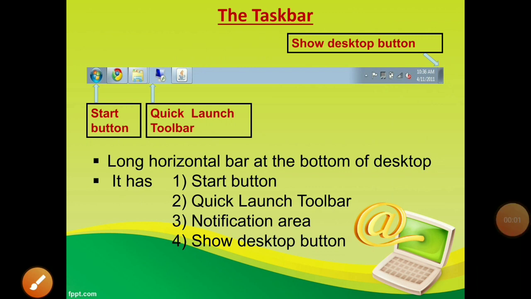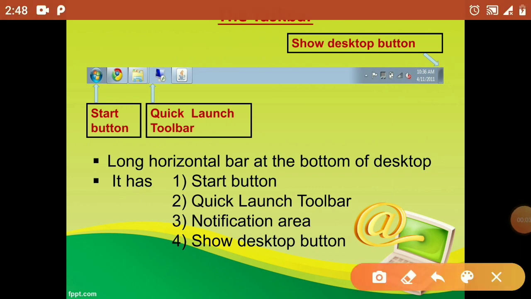Now, the second part is the quick launch toolbar. Here you can see the quick launch toolbar after the start button. It contains applications which are active or open on the computer screen. Whenever we run a program, its button gets automatically placed on the taskbar.